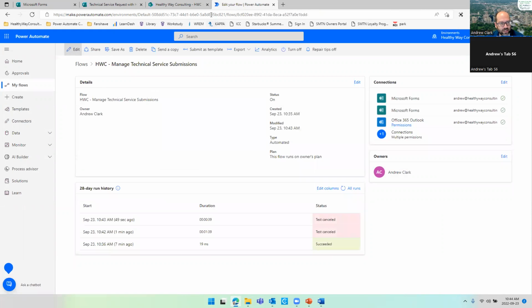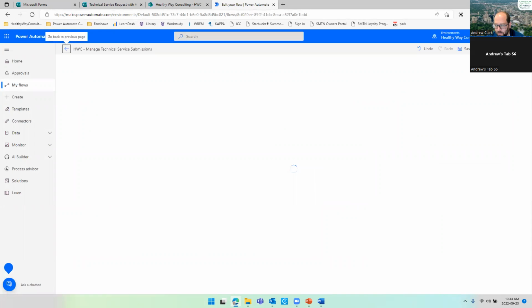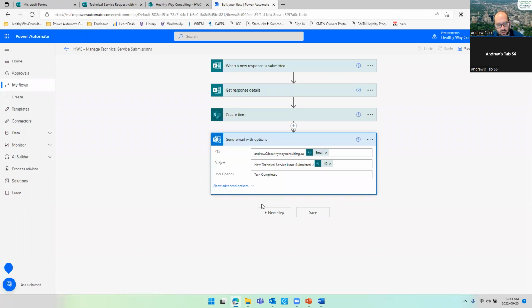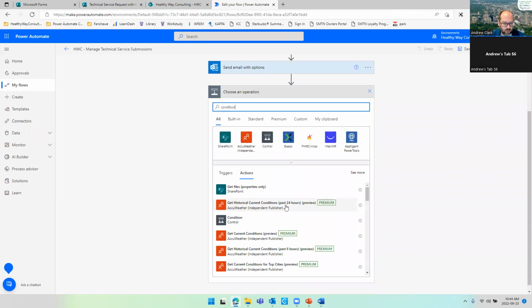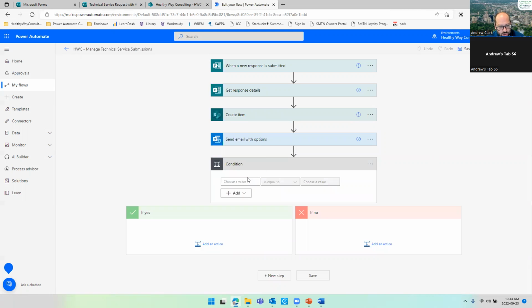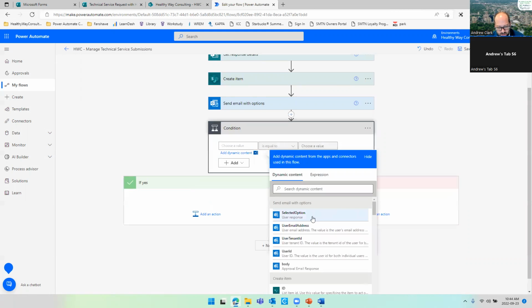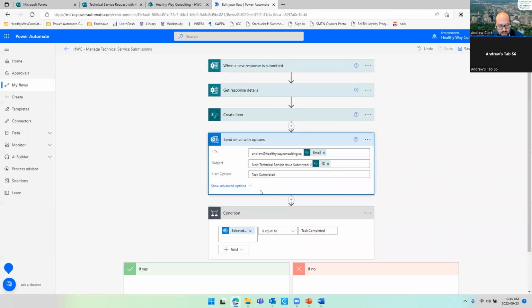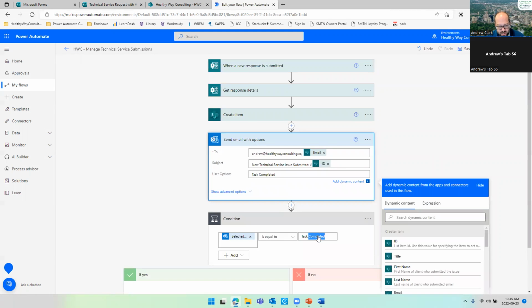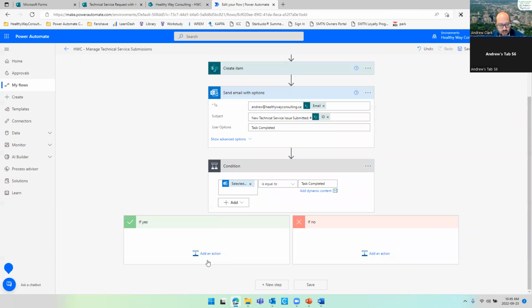Okay, so I'm going back to edit this, and I'm going to add in the response. What happens when someone hits task completed? Because right now it doesn't do anything. So I'm going to add one last step and add this as a condition. And what a condition does is it allows you to say, if this gets selected, so selected option is equal to task completed, and it has to be exactly the same text wording as this. Okay. And then yes, if this is the case,